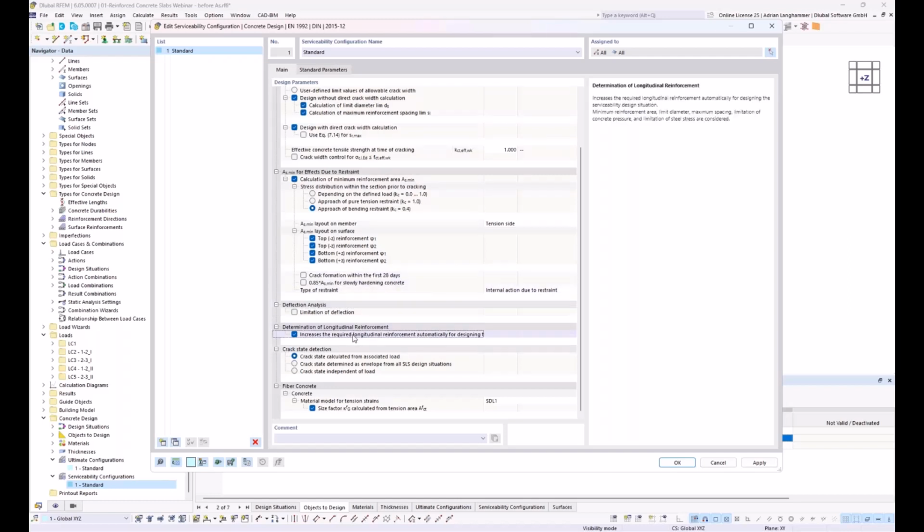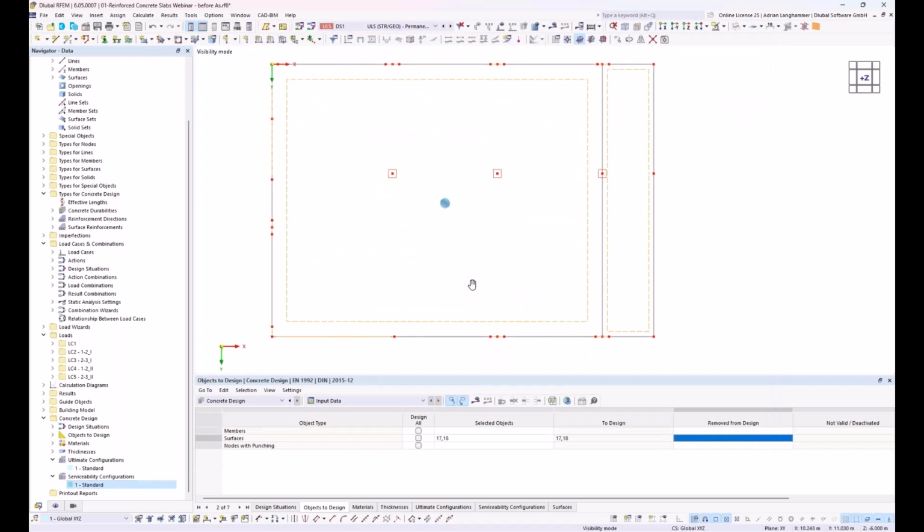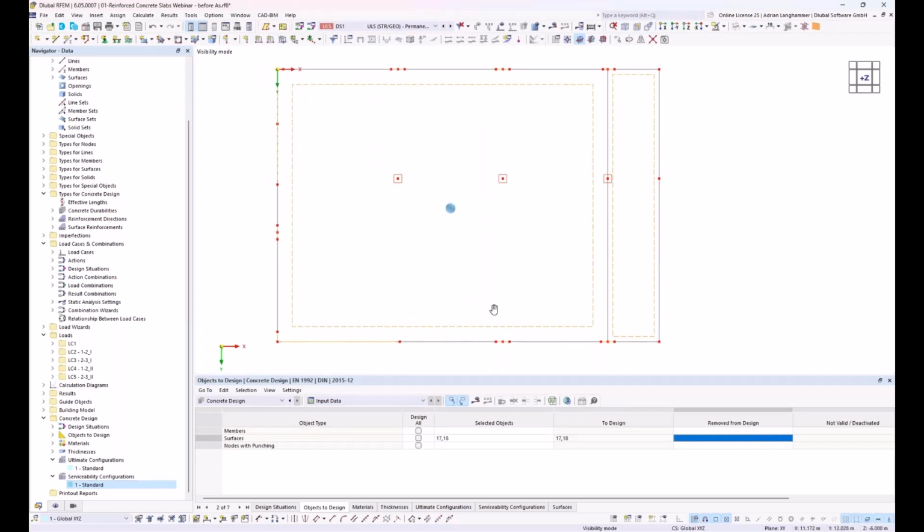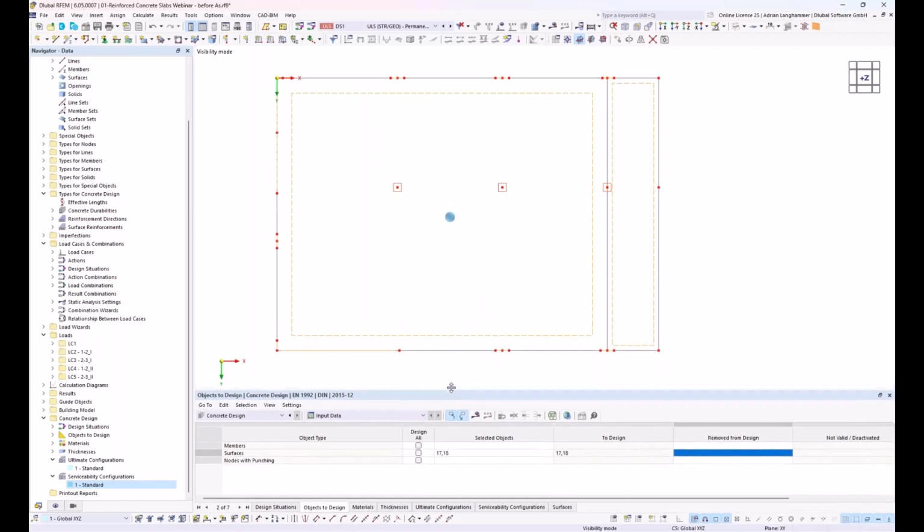Then I have this option, which is activated by default, that the program increases the required reinforcement automatically also for the SLS, and here you have a summary of which design checks are used. So I keep this option on because this is my first step. I would like to calculate the required reinforcement. So now the input is done, and I could start the calculation